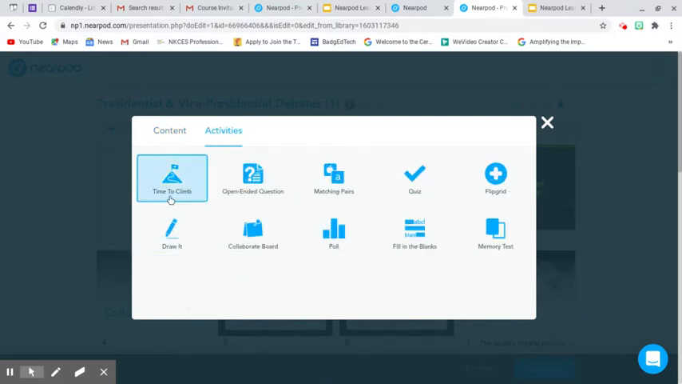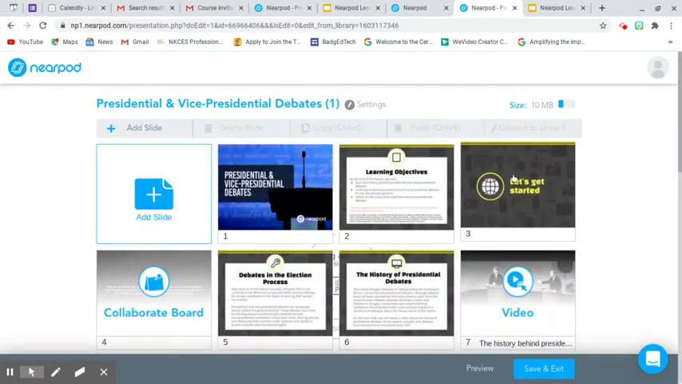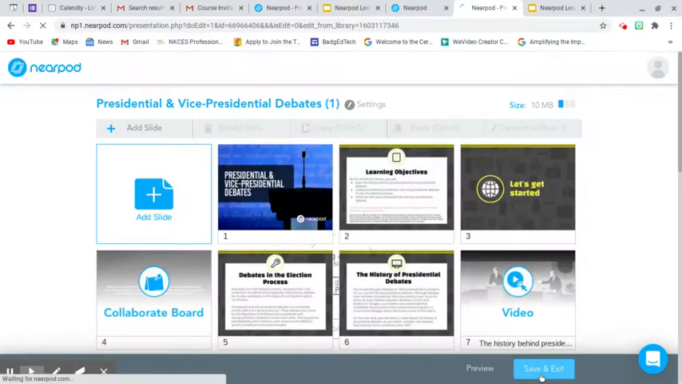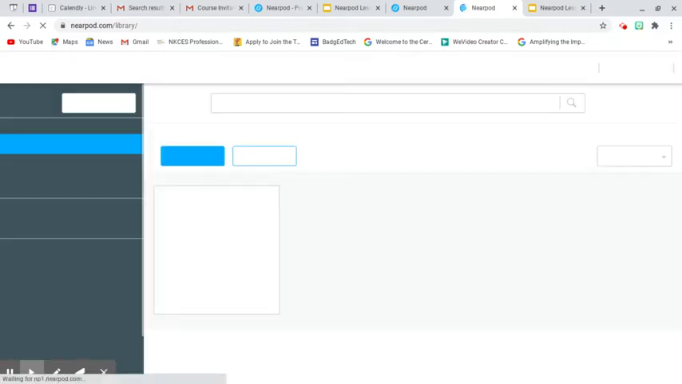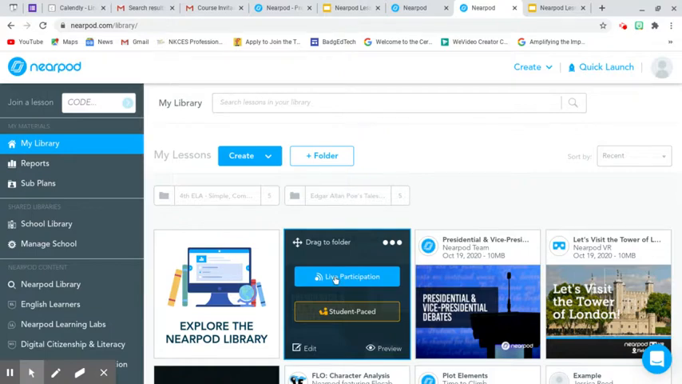Time to Climb is a great game that the kids can use to review. Have an opening question, matching pairs, quiz, Flipgrid, memory test, fill in the blank, poll, collaborate board, or draw it. A whole bunch of different cool options. It's also a great way to keep your content, and if you are finished with it, you just hit save and exit, and then you would share it with your class. There are several different things that you can do. You can do live participation or student